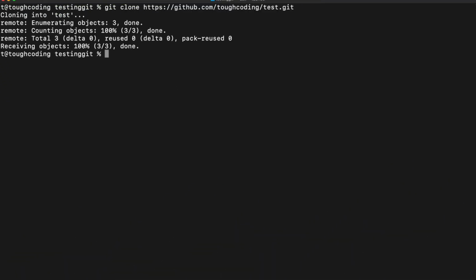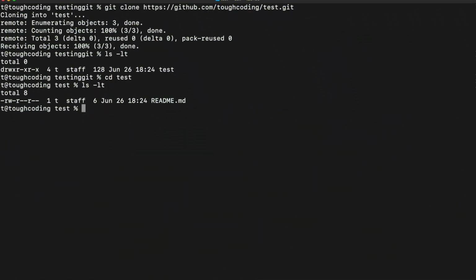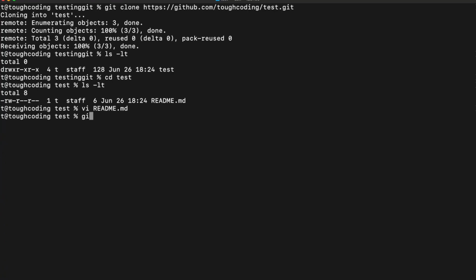First, I am cloning the example repository where I have one file, which is the readme file. Using the vi tool, I'm opening the readme file and editing its content. This is testing one. Write it and quit. Git add readme to add the file to git, and git commit -m